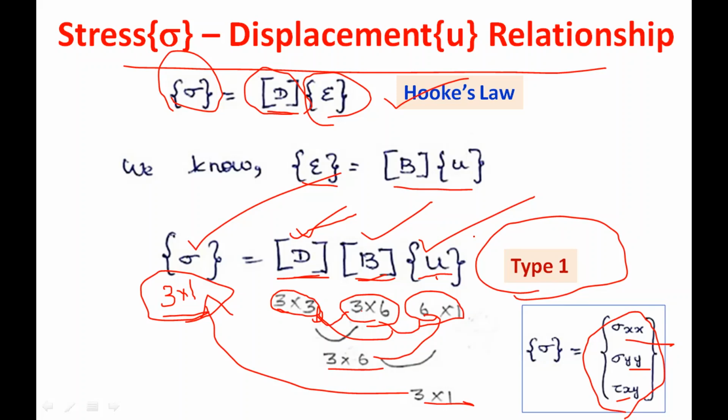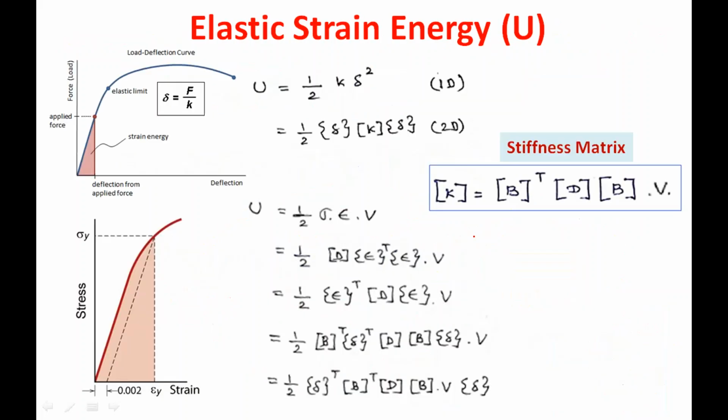Now we will proceed to the element characteristic equation. To define the stiffness of the two-dimensional problem, the approach that we followed in the earlier one-dimensional problem, the same approach we can use here also. We have to first get the governing differential equation. That is, we will convert the physical problem into a mathematical model. In that mathematical model, we will have the governing differential equation. That governing differential equation will be considered as the residual function. That residual function will be multiplied with the weight function and integrated over the domain, equated to 0. That is called the Galerkin equation.